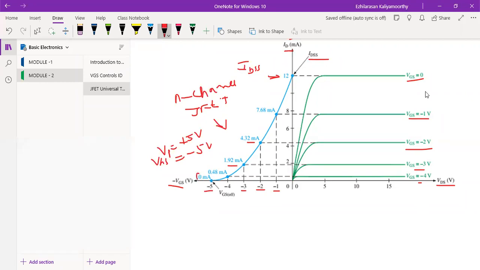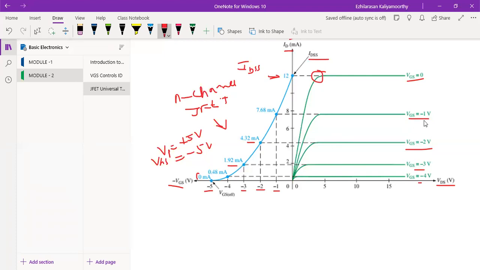See this, now you see when I show it one by one, right? First, VGS is equal to 0. So your input is equal to 0. What will happen? Automatically there will be a maximum current. That is why I got this portion as the maximum current. After that, it will be in the saturation region.